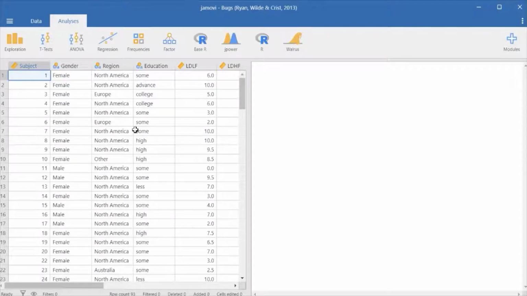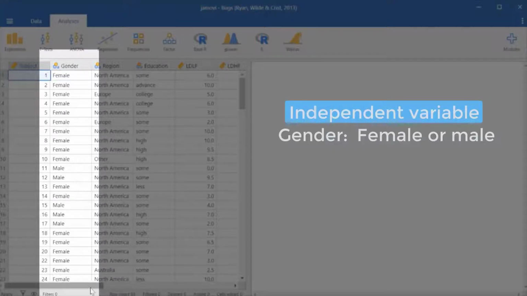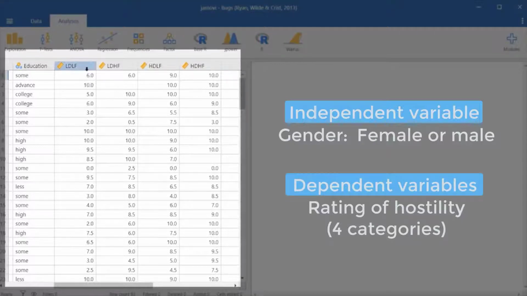As a good practice, we should first inspect the data. For now, we assume the data have been inspected and we are interested in 5 of the columns. We'll take gender, which has been coded as female and male, as the independent variable, and the rating of hostility across the 4 categories as the dependent variables. LDLF stands for low disgusting, low frightening; LDHF, low disgusting, high frightening; HDLF, high disgusting, low frightening; HDHF, high disgusting,